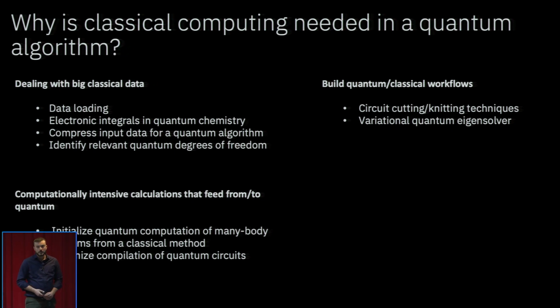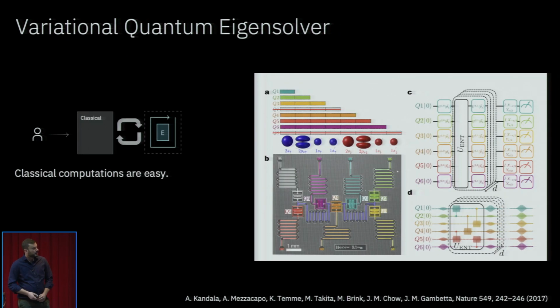So these are the high-level categories, and then I'm going to tell you about some examples, some use cases of hybrid quantum classical computations, and why classical computing sometimes plays a major role in helping quantum computing achieve certain tasks. Probably the simplest, most paradigmatic example of hybrid quantum classical computation is the variational quantum eigensolver. I think most of the audience is familiar with this concept.